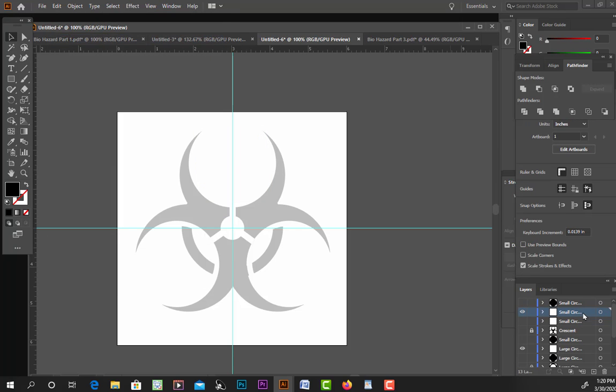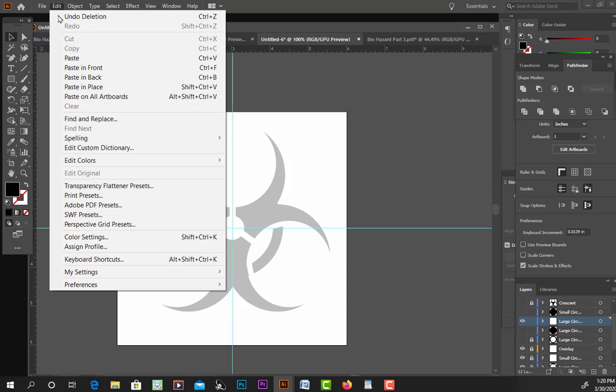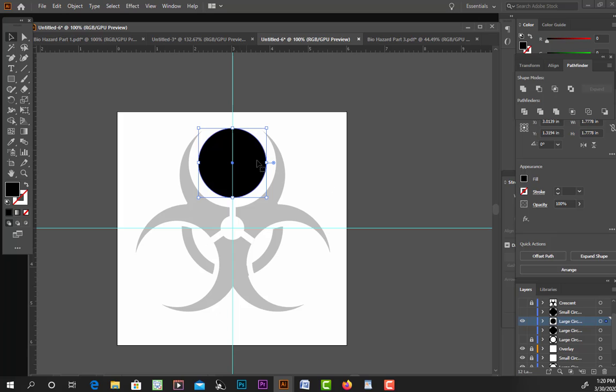And I'm going to throw that one away because it's an empty layer now. And I'm going to go back down to the large disk, which is also on, but you can't see it very well right here. And I'm going to do an Edit, Paste in Place. Alright, so now I've got the black disk on top of the white disk, and what I'm going to do is subtract the black disk from the white disk